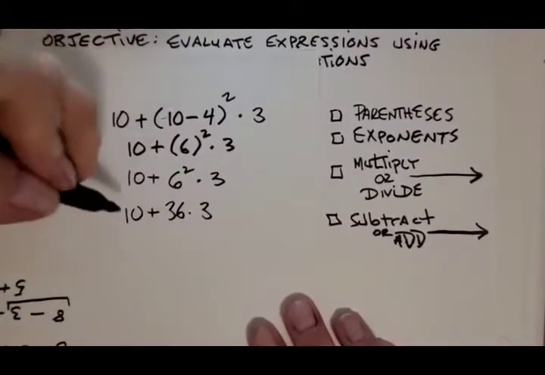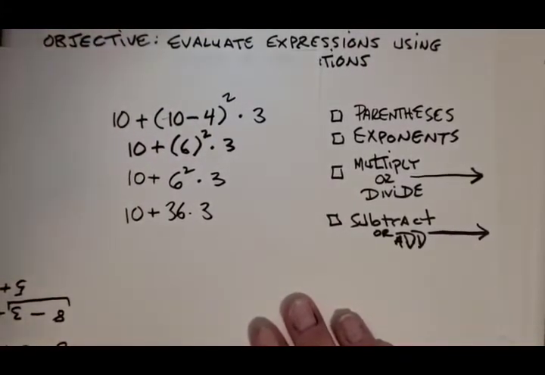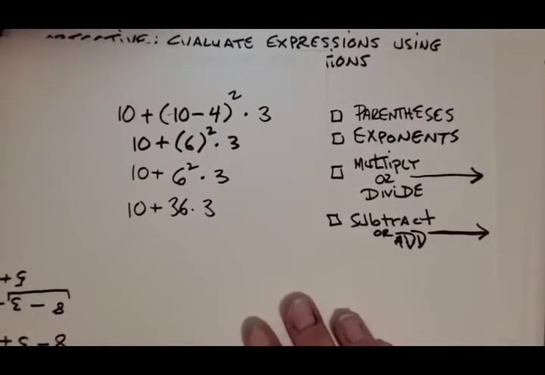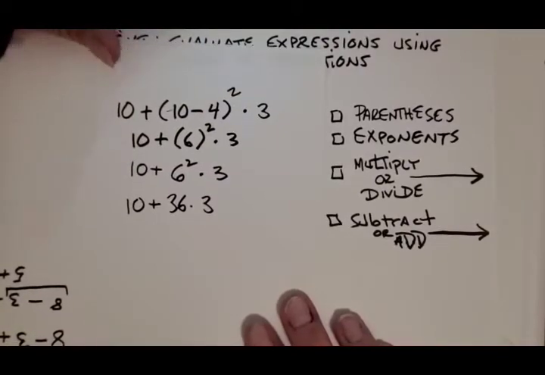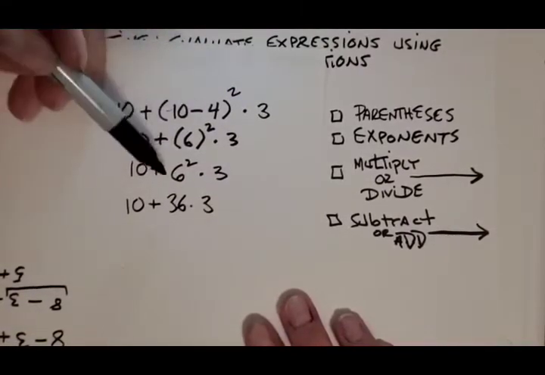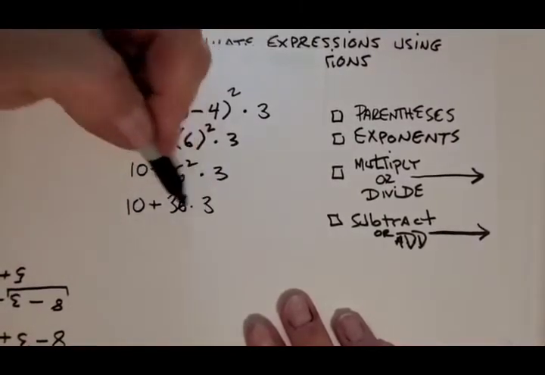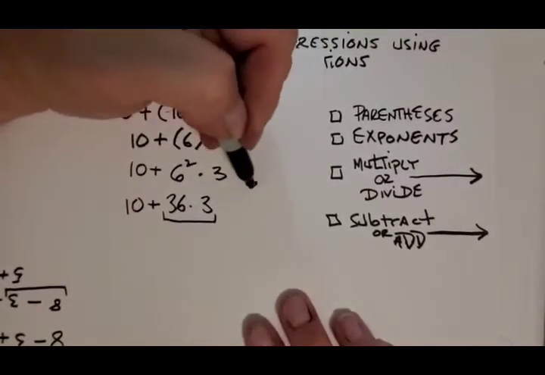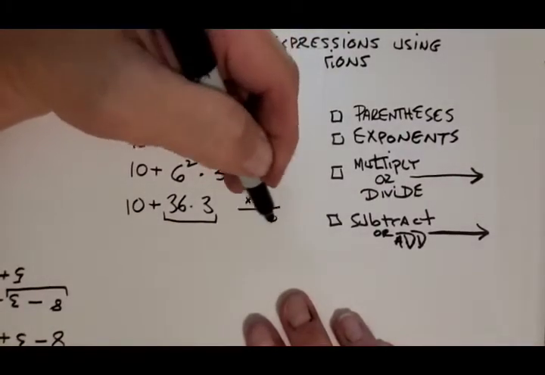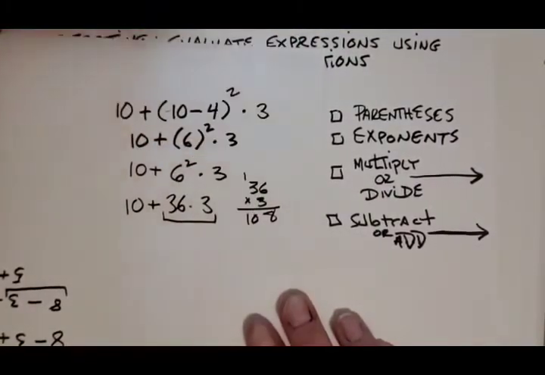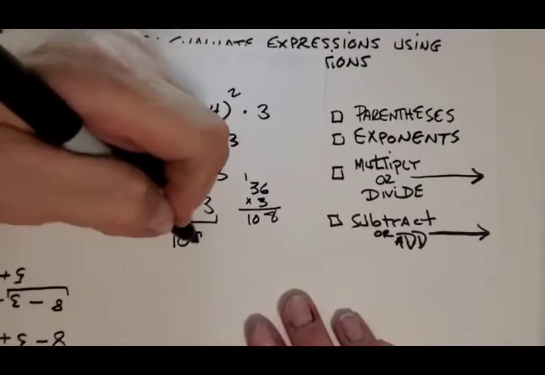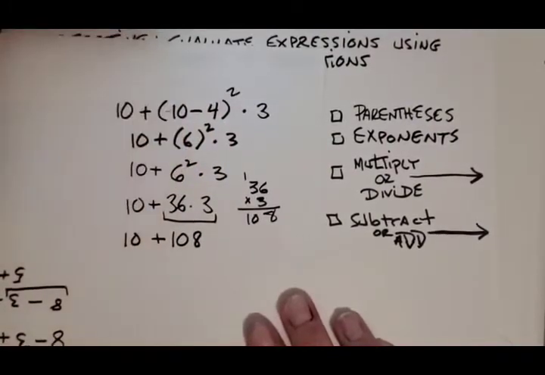Good. Now a lot of kids would hop in there and call this 46 times 3 and be over 140 or so. Nope. Not you. You're thinking. You're done with parentheses. You're done with the exponents. Now you're going to move on to multiplication or division. Multiplication is over here, so that gets priority. And then multiply. It's 108. Just want to double check. I don't want to be wrong. And then the last step in this case,